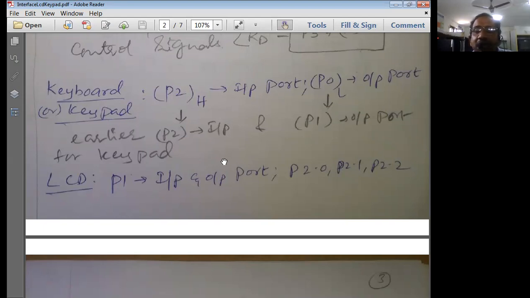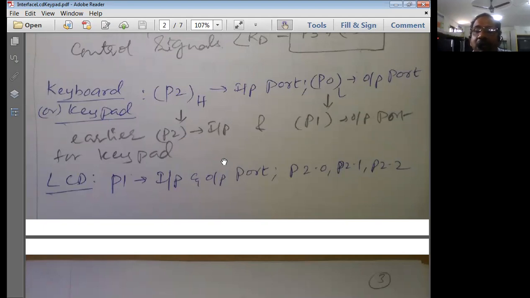You may ask a question: sir, can't we use port 3 to reserve those pins? Yes, you can use port 3 for those pins. Nobody will stop you. If your application is only a keypad and LCD, then you can use port 3, no problem.